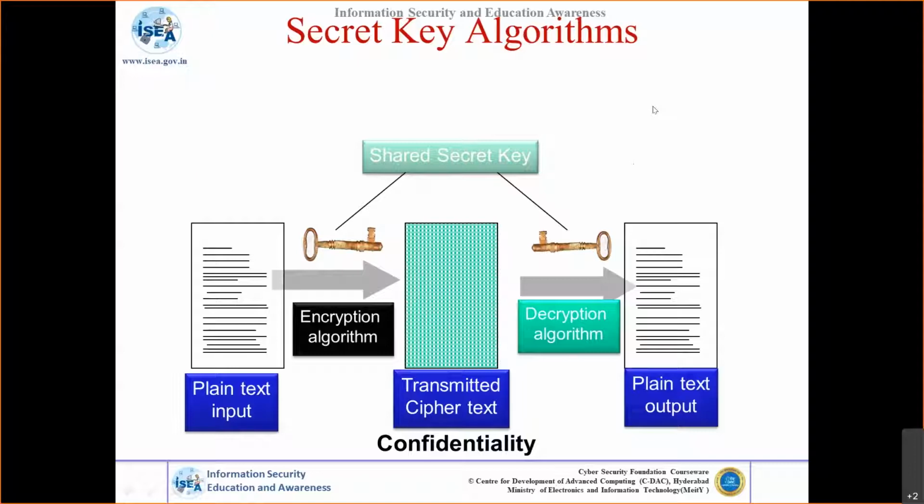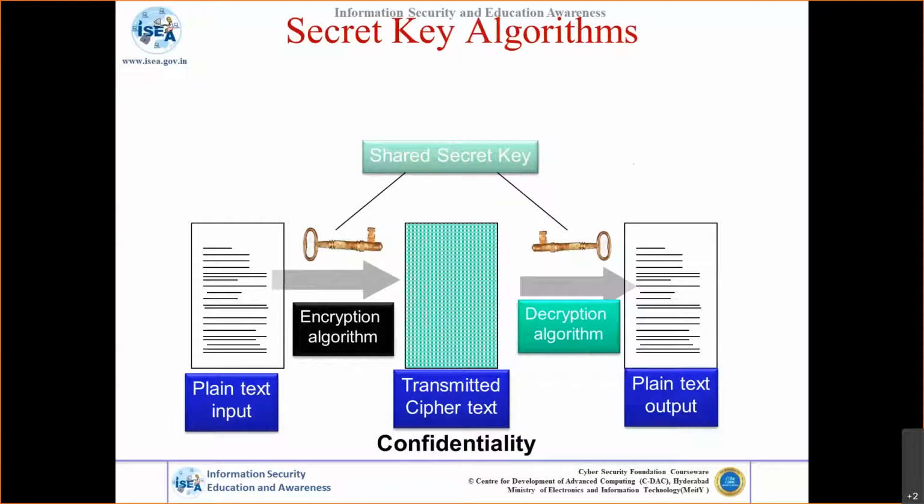In this secret key algorithm, the secret key has to be shared by both, and the same key is used for encryption and decryption. So before encryption or decryption, both need to agree upon the algorithm and the key. This is how confidentiality is enabled. Now the question is, what happens if anyone tries to capture the ciphertext which is transmitted? Anyone who tries to get it will not be able to get back the original plain text unless they apply very sophisticated cryptanalysis techniques, which are very, very challenging.